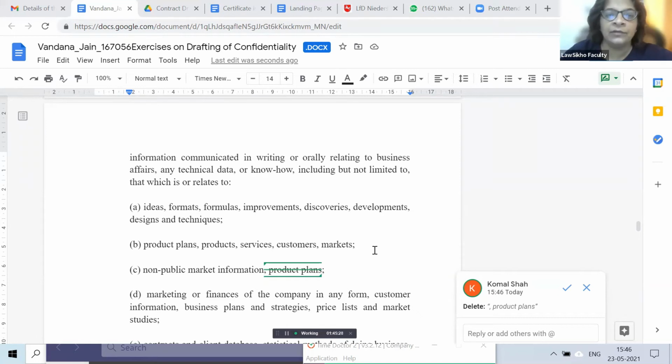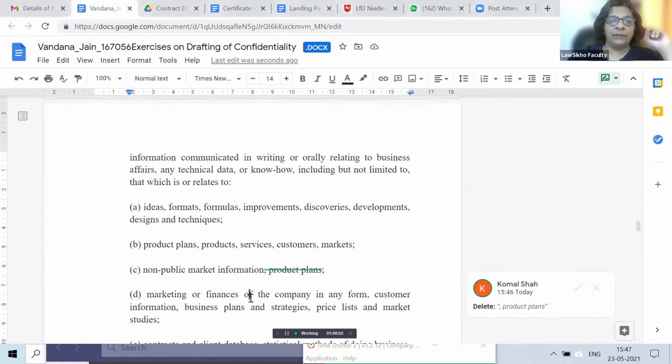Vandana is facing network issues. Can everyone else hear clearly? Am I audible clearly to the rest of the people? Okay. Vandana, you can either work on your audio settings now, or you can check the recorded session. But even if you can't hear, you can see the screen. You can see the changes I'm making in the drafting.